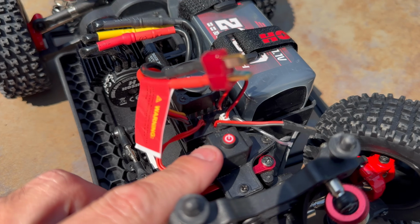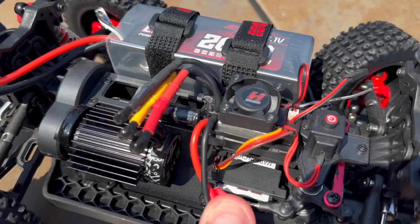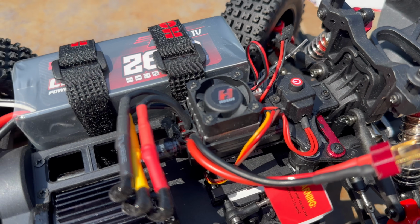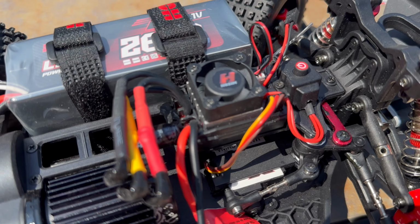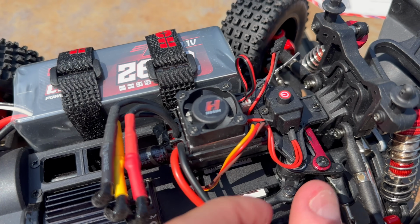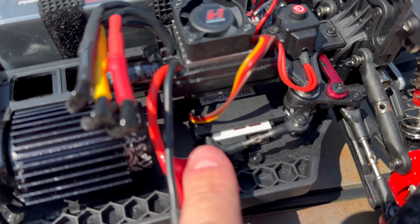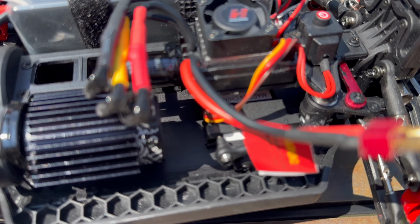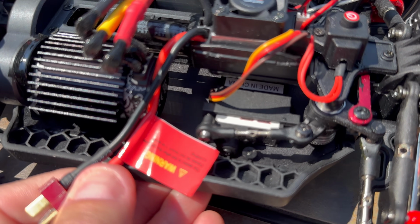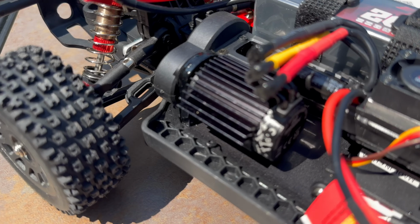You have a power on and off switch right here. The ESC is a 45 amp ESC that has a cooling fan on top. It's a combination of ESC and receiver with a 3-wire servo. I believe this is the 3-kilogram servo that they have in here. And you have the 3100 kV